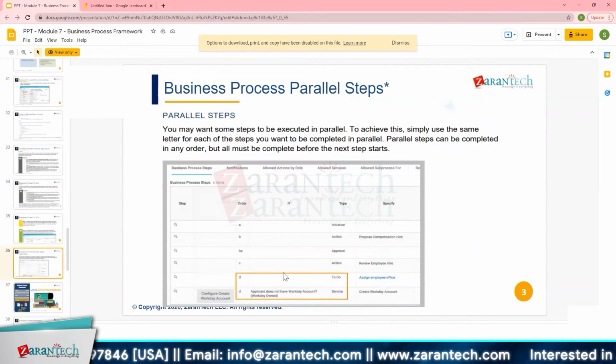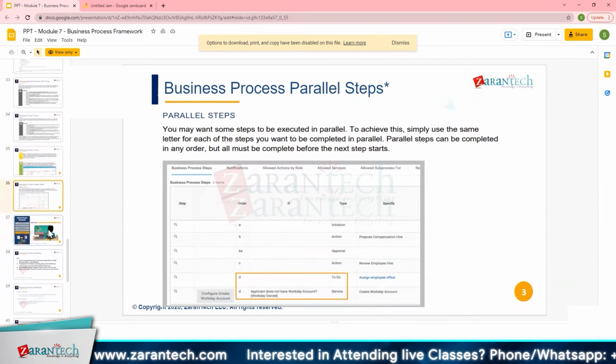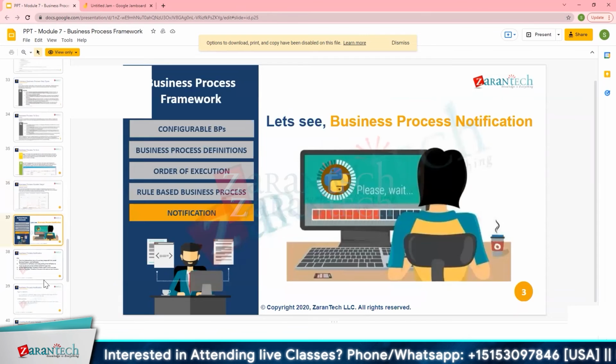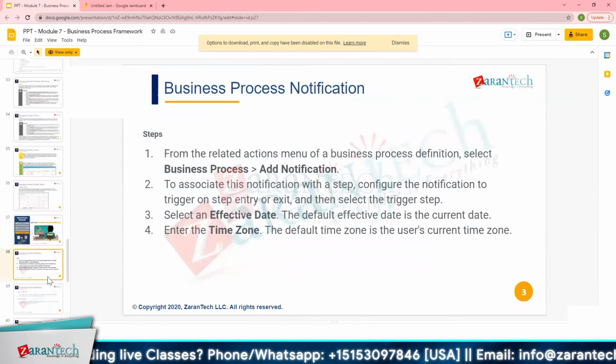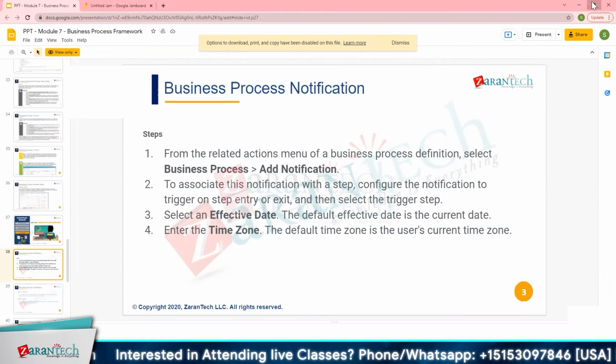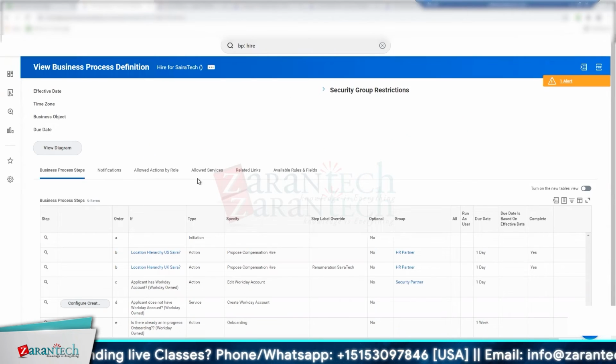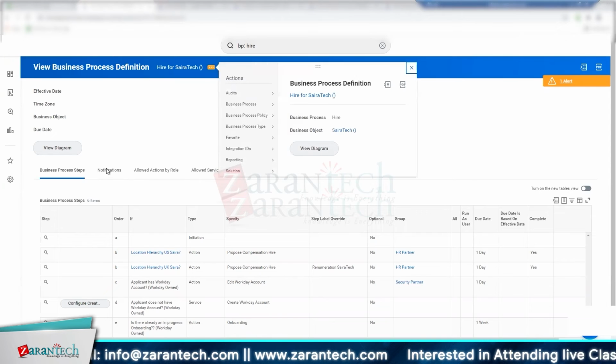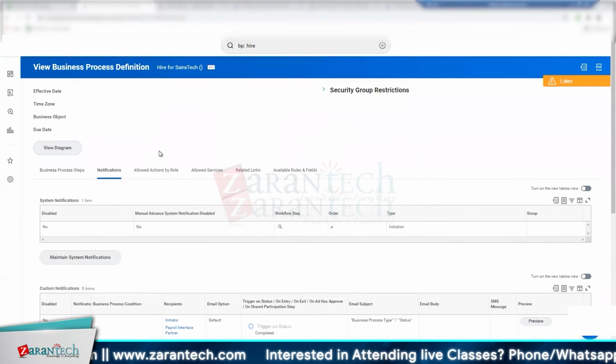So parallel steps we spoke about, I think, in good detail. Let's go ahead and look at notifications. Great. This is the last piece before we wrap it up for the day. So let's go ahead into the tenant, and we're going to go here, and you already see the notifications here,